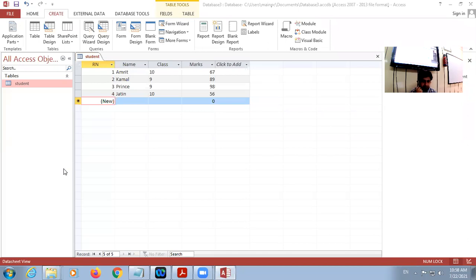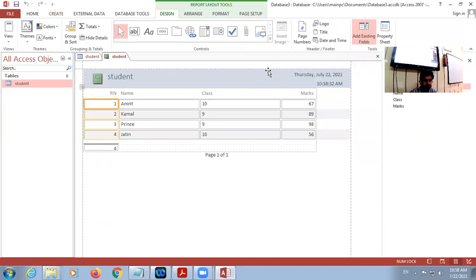Report, report design, report wizard. Now I click on report. So look here, this is my printable data in a printed format. So easily I can get the printout of this one.